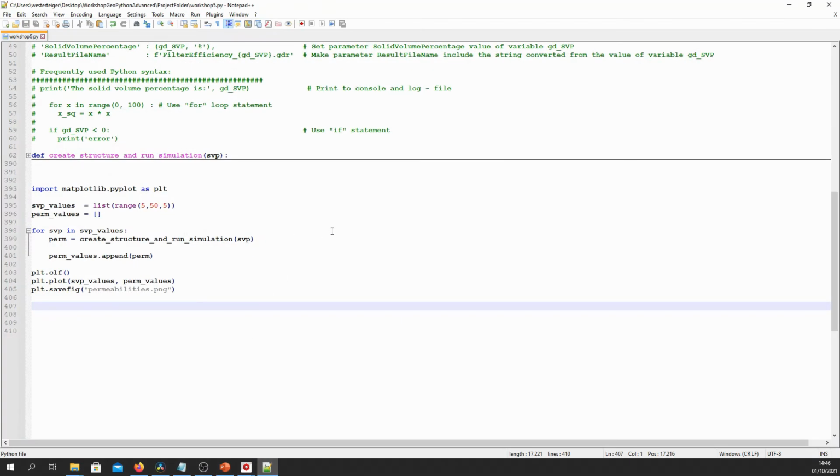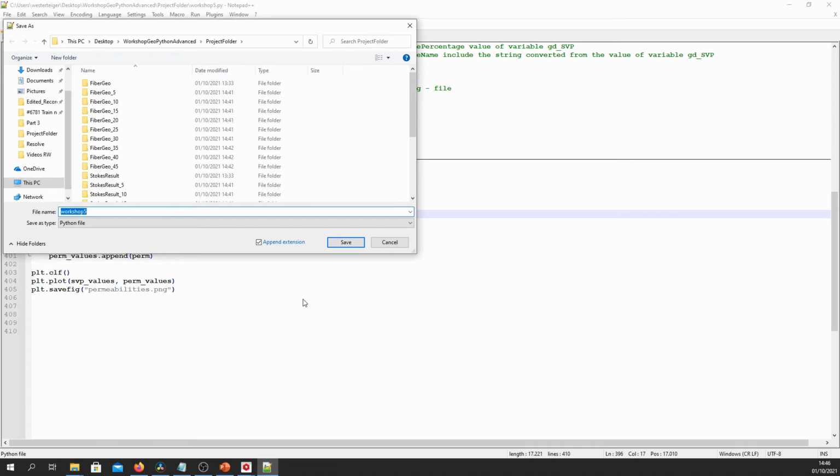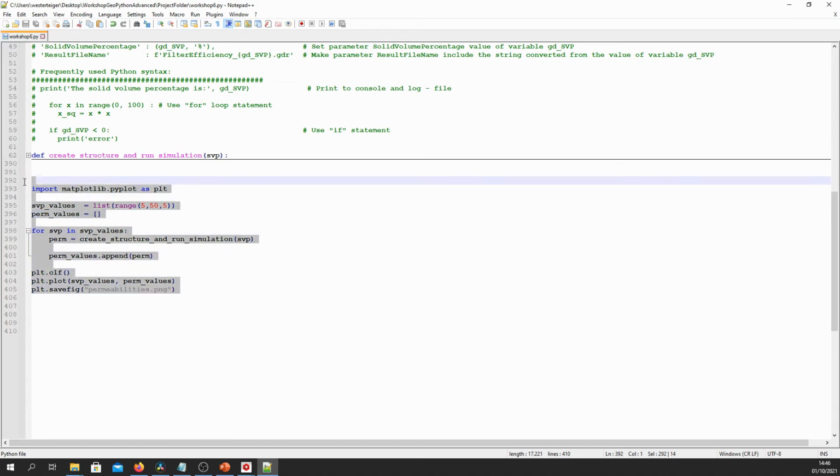Again, open the workshop5.py and save it as, file, save as, workshop6.py. And now we'll remove all this plotting code, so all the stuff below the function.